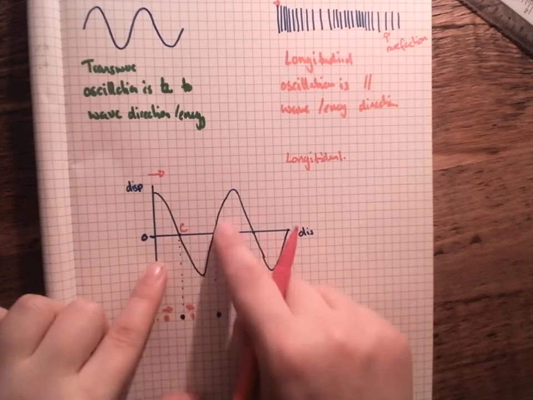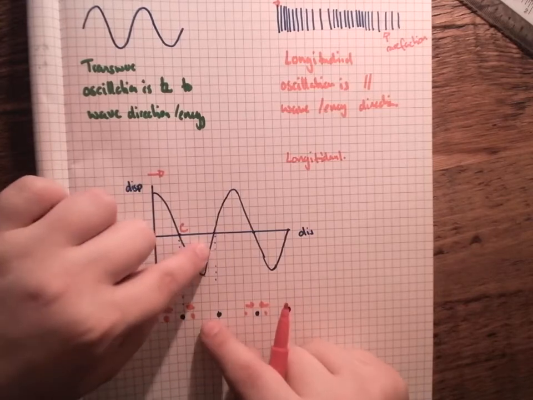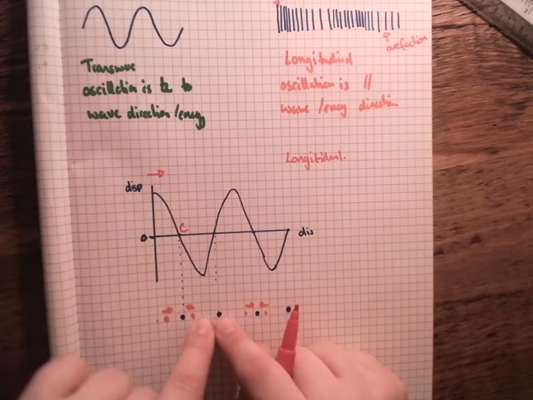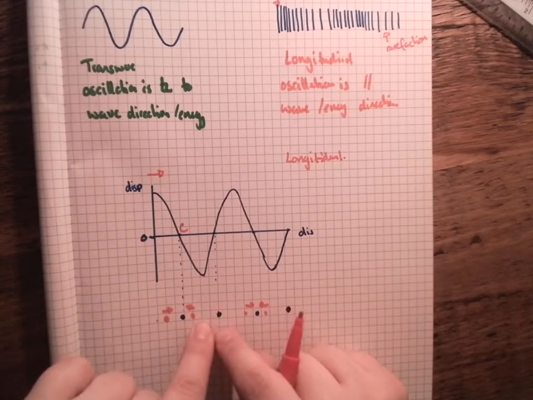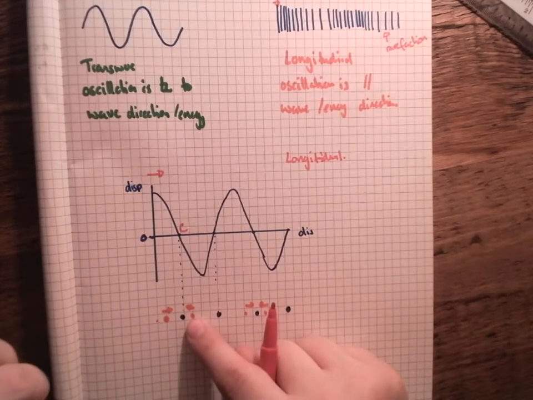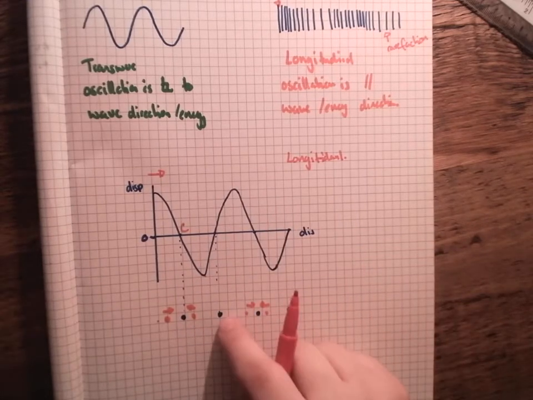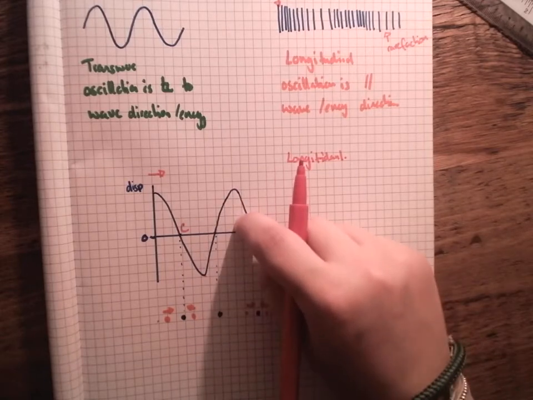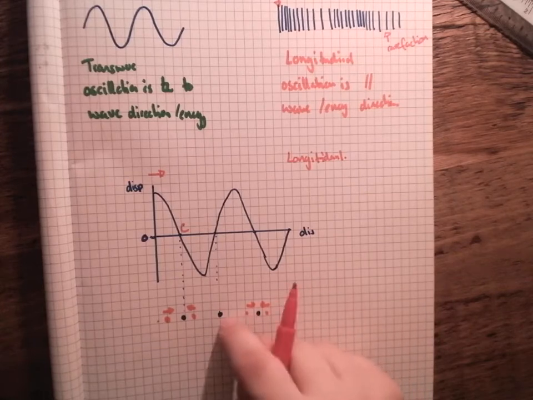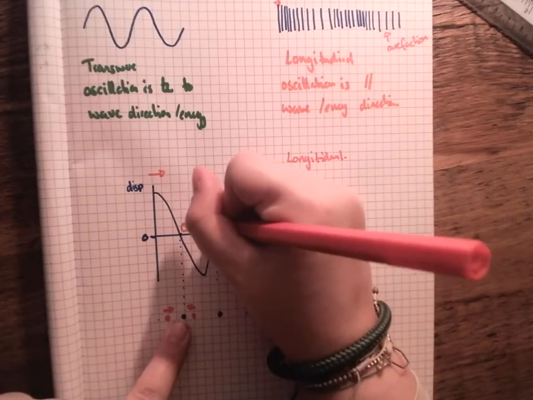If I then go across to my next mean point and look at the particles to the left of the blue one, in its mean equilibrium position, the one that's not moving, I can see they've got a negative displacement, which means they're moving away from the mean particle, in the left direction because they're going in the negative. If I look to the right of the particle, they've got a positive displacement, so they are also moving to the right. So from this blue particle, both of them are moving away,